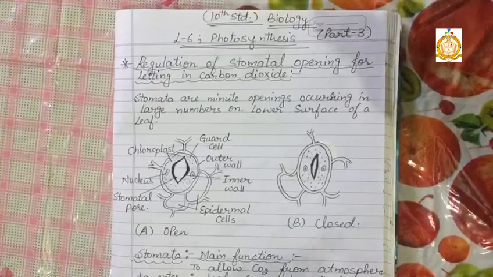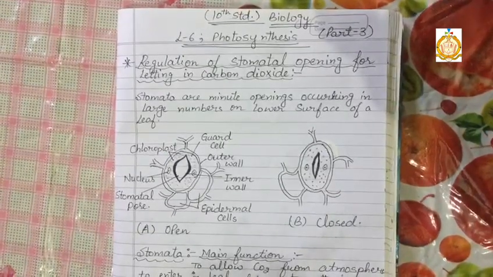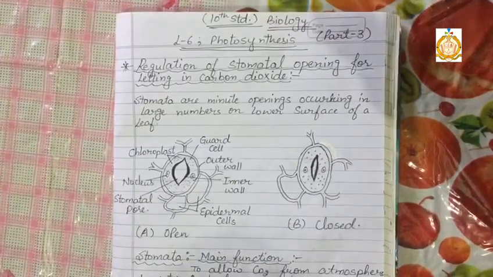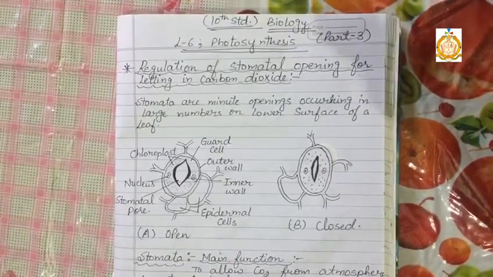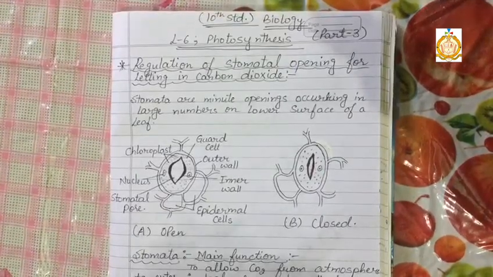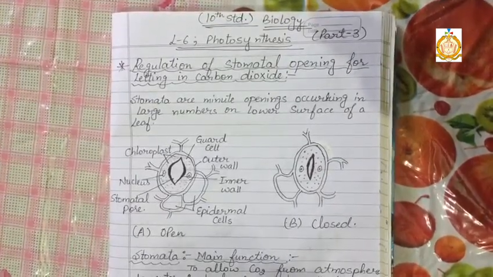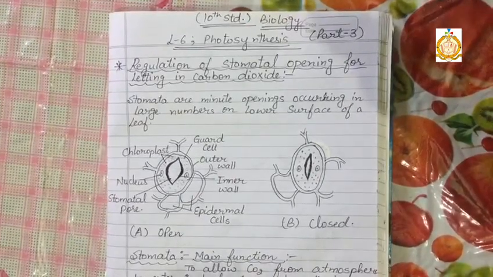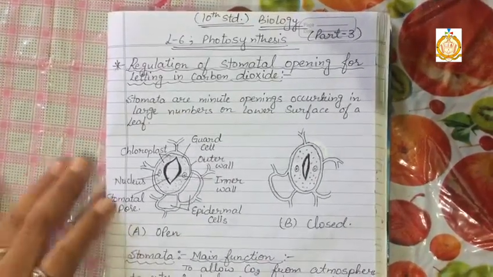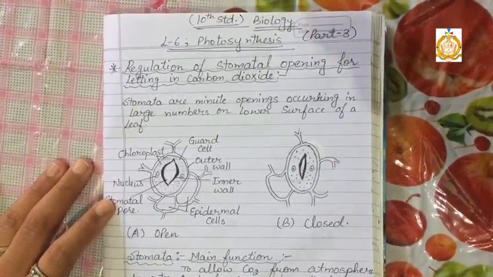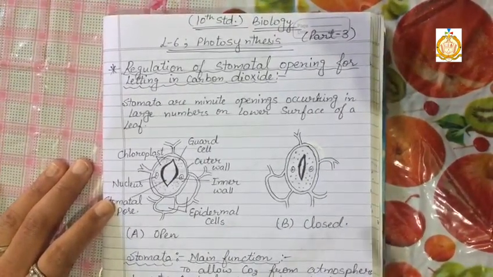You know that in the leaf minute pores, the fine holes, are present that are responsible for the exchange of gases in the leaves as well as for the water movement and other work they are performing. So they are also regulating the carbon dioxide amount in the leaf for the photosynthesis process. These minute pores are known as stomata. How stomata open and what their function is, we will discuss.